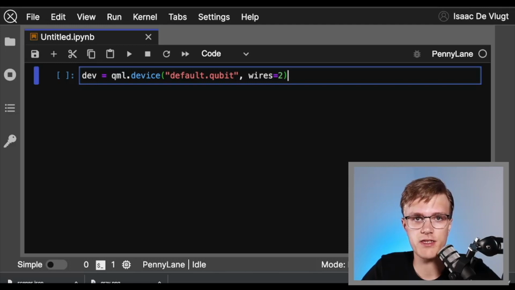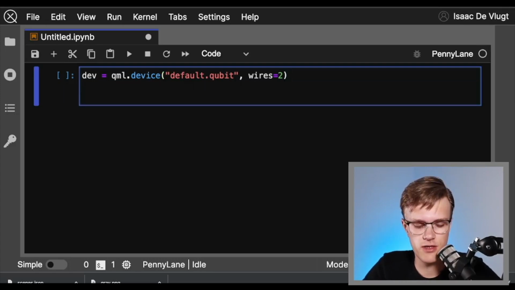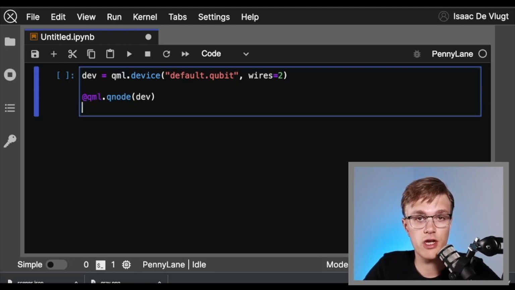Next, we need a device and a circuit. Now, everything in this video will be hardware compatible, but let's just use the default qubit simulator here for convenience. And our circuit's going to have 2 qubits in it. So now let's actually create our QNode. So let's do @qml.qnode. We give it the device. We're going to call our quantum function circuit, and I'm going to give it some parameters that we'll want to